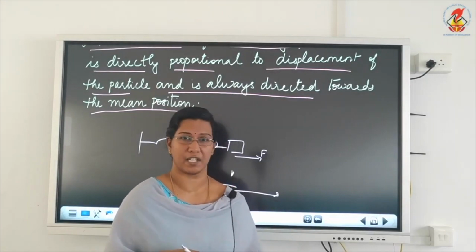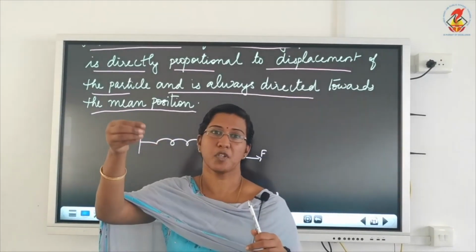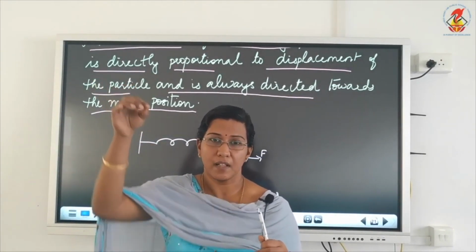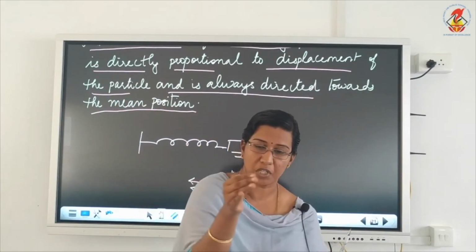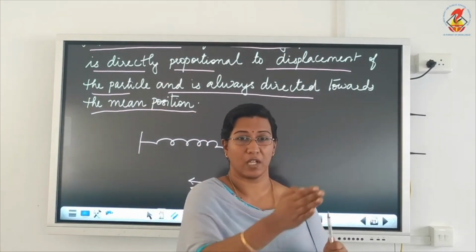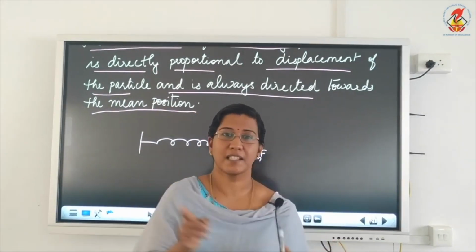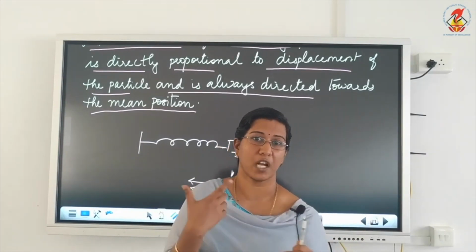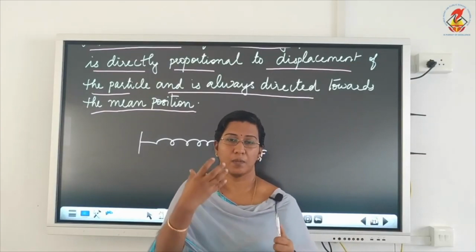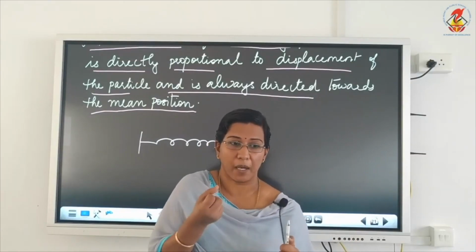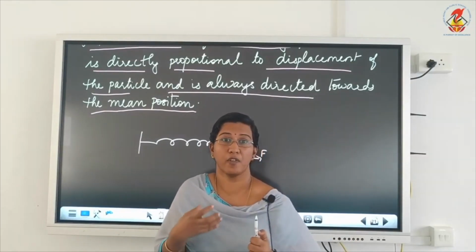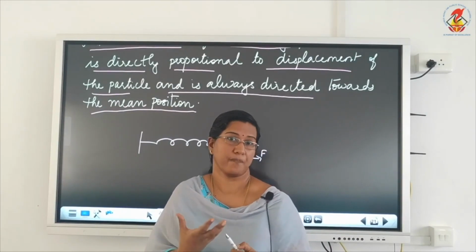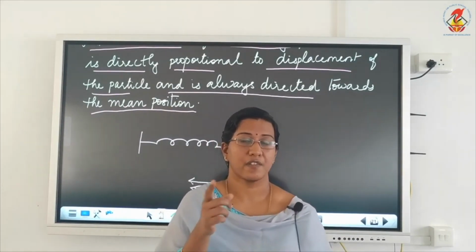Same thing in the case of pendulum. When I am displacing the pendulum to a particular point and releasing, what happens? The pendulum will try to go to its initial point, but it doesn't stop there. It goes to the other side, then comes back, and this to and fro motion continues. Now why is this to and fro motion continuing? Because the object or the mass or the particle is trying to come back to its initial point with the help of a force, inbuilt force known as restoring force.